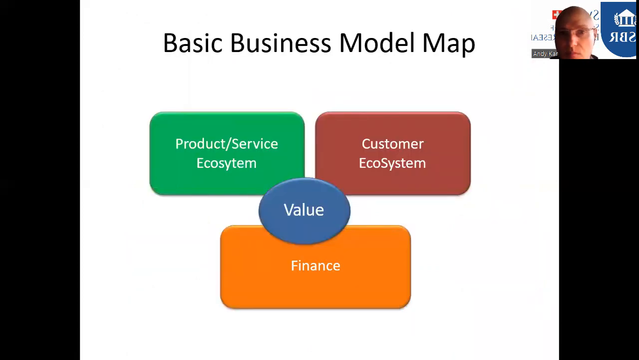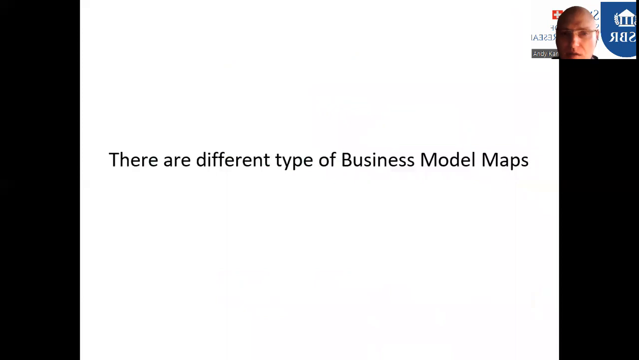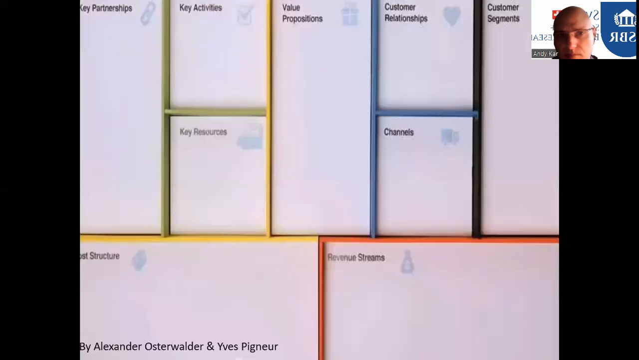The basic business model map. At the core of it, we have the value that we want to create and deliver to our customers. We have the product system ecosystem, the customer's ecosystem, and of course the finance. Now there are different types of business model maps. Here we can see the business model canvas, which